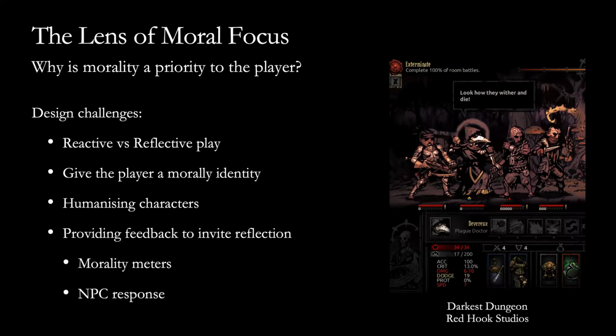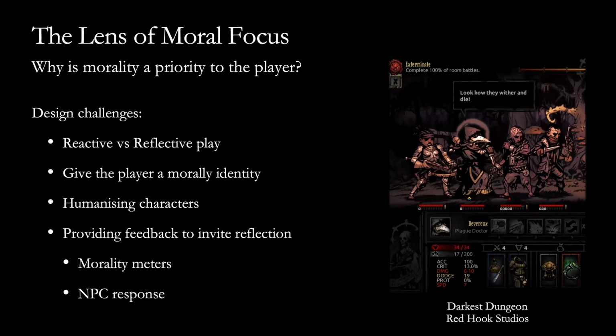A lot of our gameplay is inherently amoral. A lot of games depict morally complicated situations, but depict them in a way that we just don't engage with the morality at all. And we are happy to run around killing things without thinking about that. And that's fine if that's your goal. But if you want players to engage morally with your work, you need to actually design the game in a way that draws them into that and prioritizes morality as something the player should be caring about.